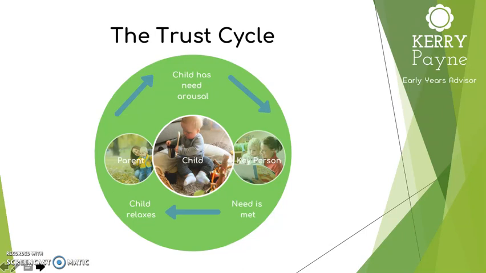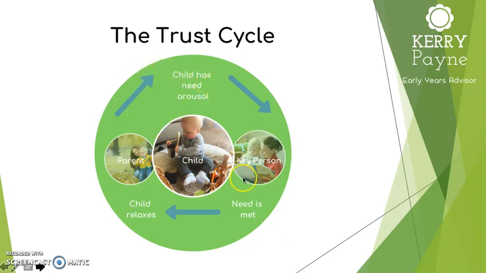Over time, what you should start to notice is when you provide that consistent or that good enough care, the child starts to be able to wait longer periods. They start to build up a resilience, because what they learn in their mind is when I have a need, somebody comes along eventually and meets it. And so it really builds up that trust, that resilience, and that regulation of emotion for a young child.